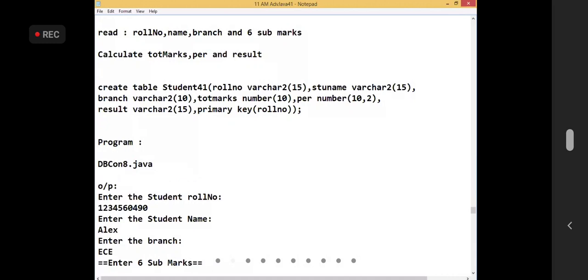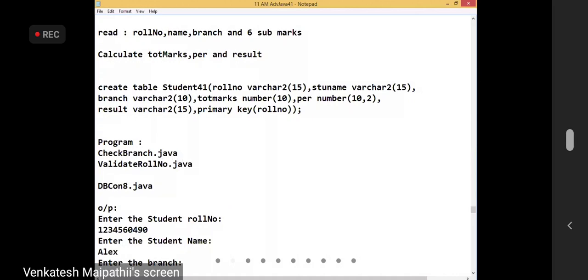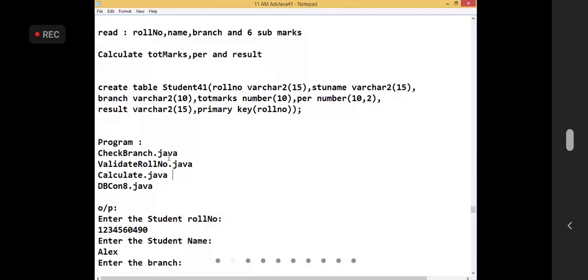One program is check branch.java, validate roll number.java. One is calculate.java. These three subclasses taken from your core Java logic, and this is the main class.